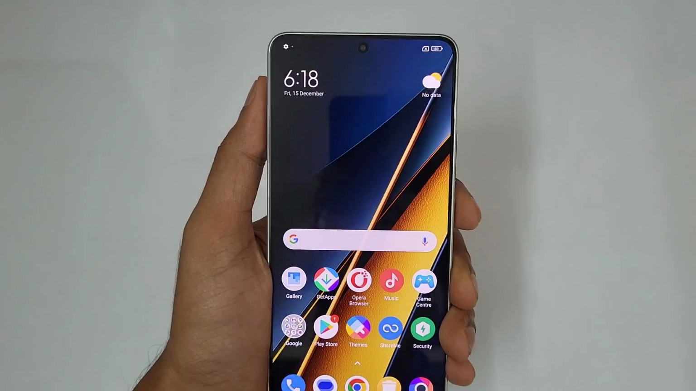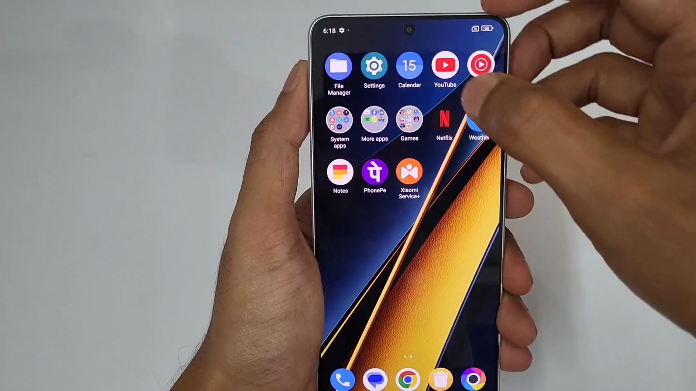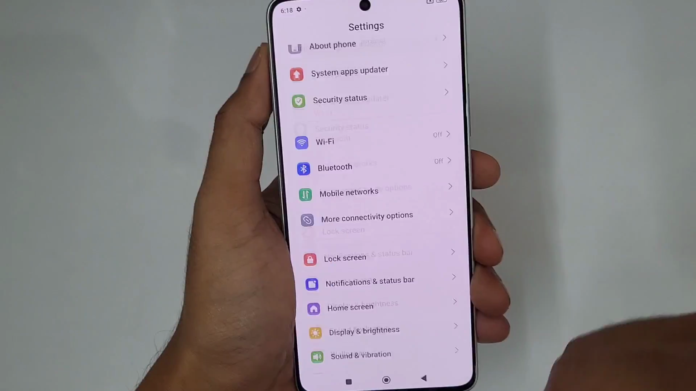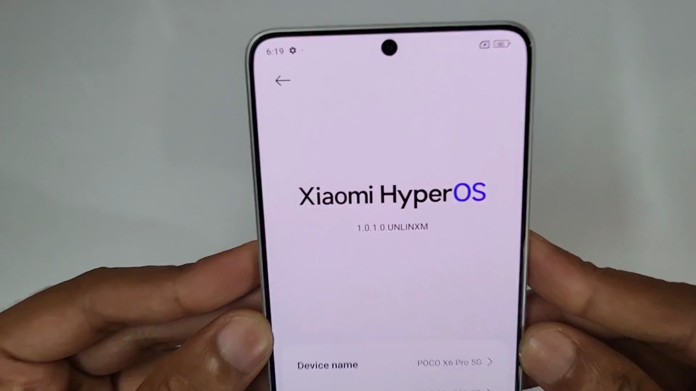And the next good news is obviously it's running on the Hyper OS. So let me show you the settings, and just scroll down, about phone, and you can see Hyper OS, Xiaomi Hyper OS